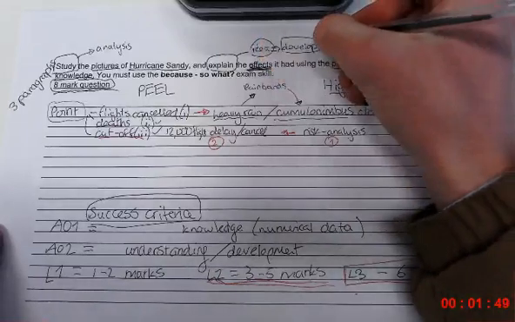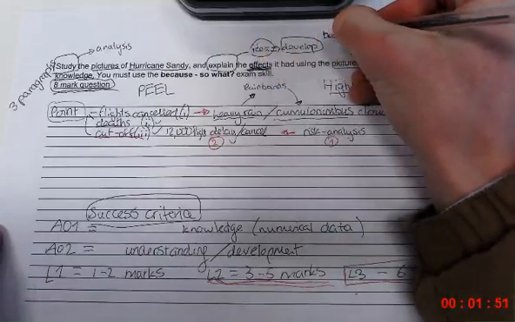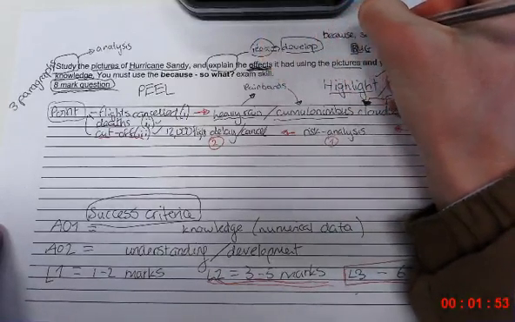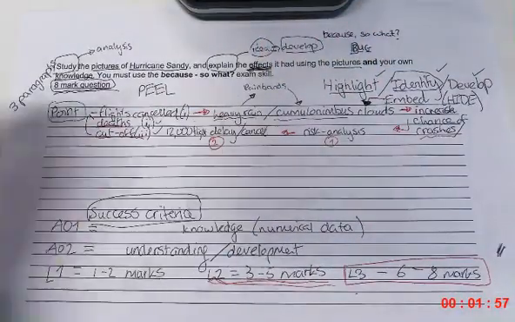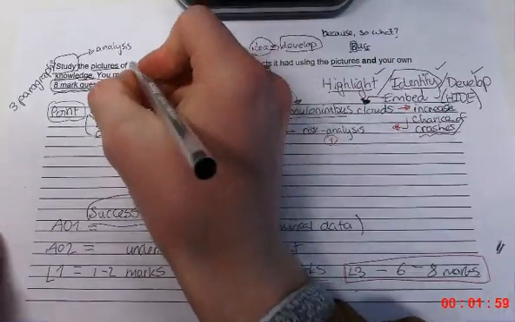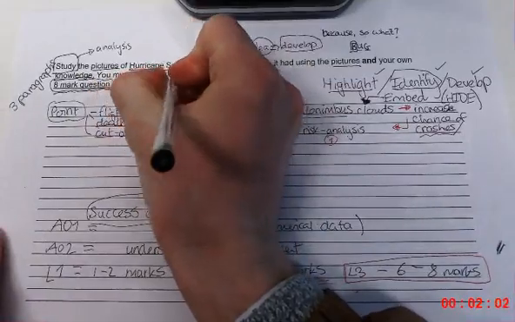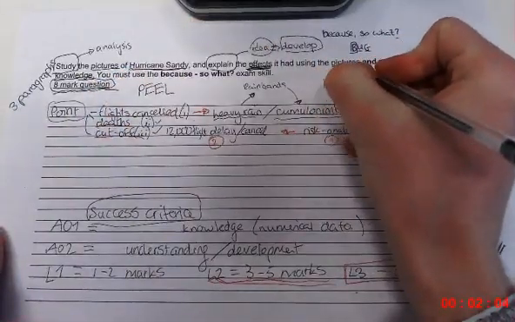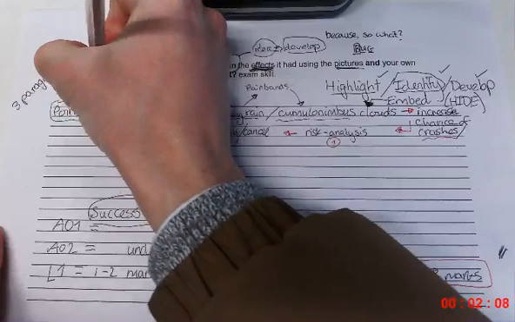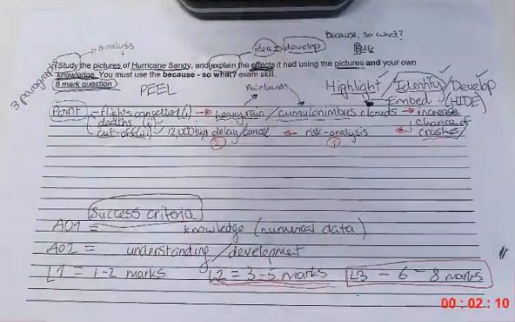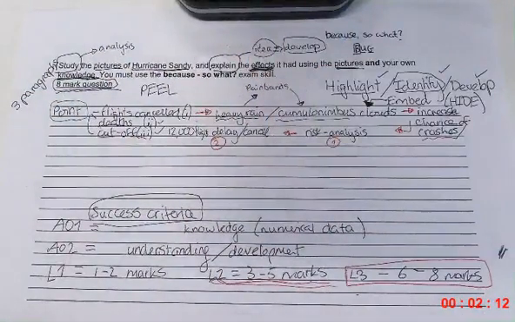That's using the so what technique. So because and so what. That's what that word explain is asking us to use. I've underlined a few terms. It's pictures, Hurricane Sandy, underlined pictures again to remind us that we can use them. I've highlighted knowledge with my underlining,